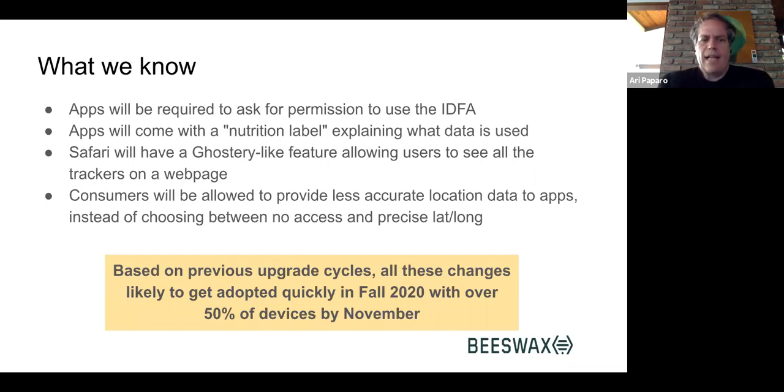And then last, consumers will be allowed to provide less accurate location data when providing an app with location data. The example here is that some apps, like Pokemon Go, need to know exactly where you are, with precise latitude and longitude, because they overlay a map on the user experience. Whereas other apps like weather just need to know what city you're in. They really don't need your latitude and longitude. So this option is being rolled out, and this is probably the option that we've seen the least spoken about, but it has potentially a big impact.